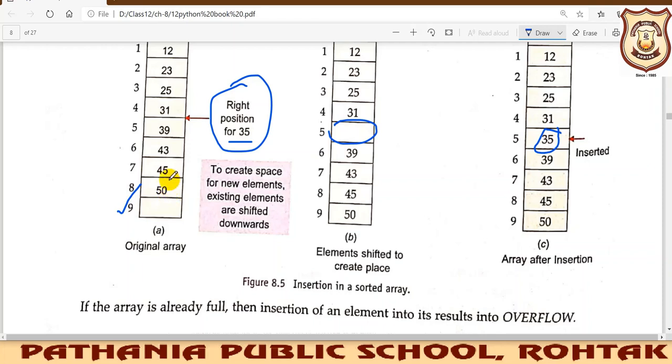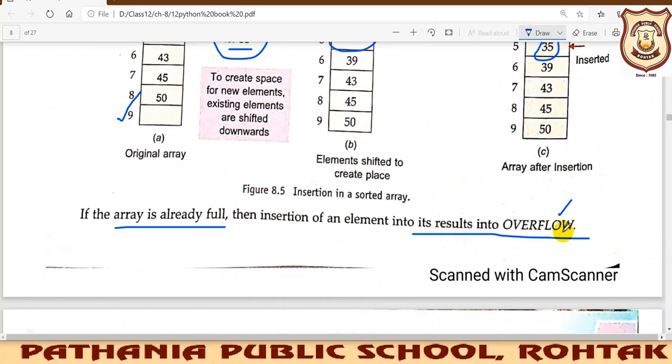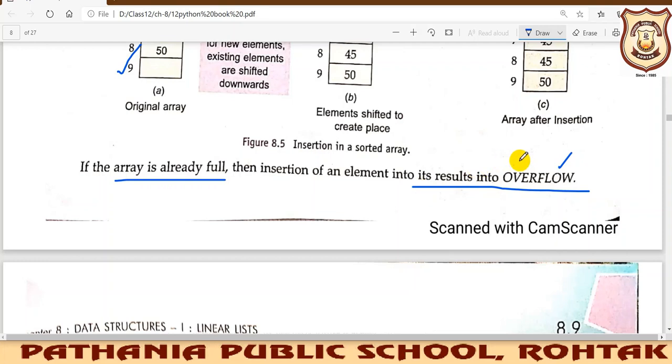If we are inserting, we need to create space at the last, then we can shift elements downwards. So for that we need to check whether there is space or not for insertion. If the array is already full, then you cannot insert a new element, and if you try to insert when there is no space, it will give you overflow.